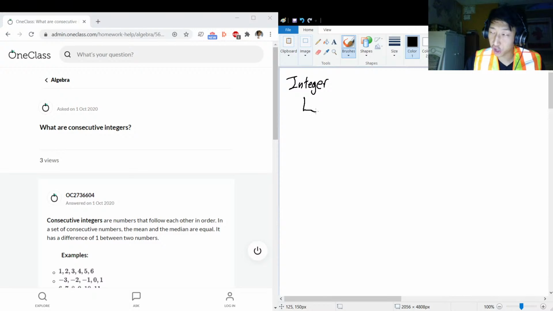Don't say integer, because you'll make me growl. You'll make me mad, and I'll be like grr if you say integer. That's not the way to say it. Integer